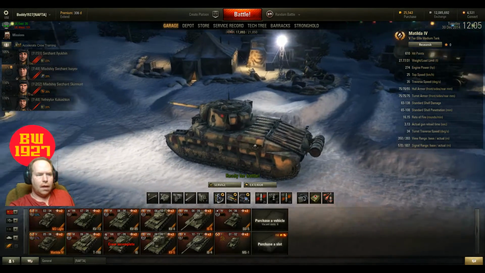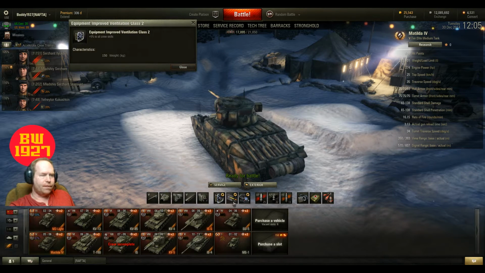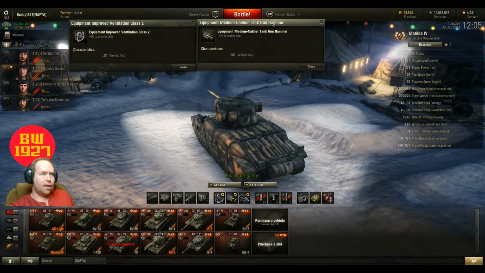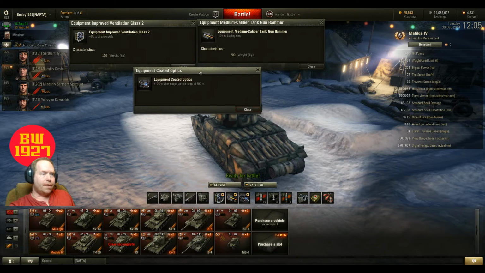So, the mods I have on this tank are vents, which gives me the +5 to the crew; the gun rammer, which takes 10% off the loading time, which helps me out; and I currently have equipped coated optics, which gives me a +10 to my view range. You can pick other ones, and you pick what you want. This is how I got mine set up right now, and it works pretty good for me and for what